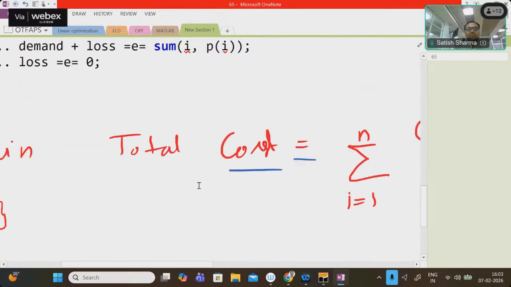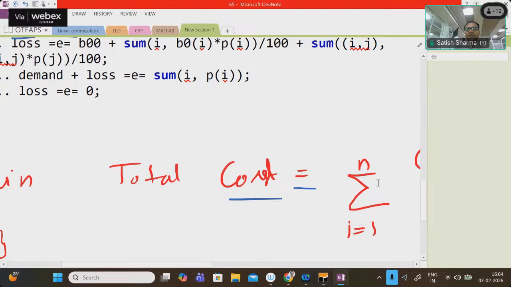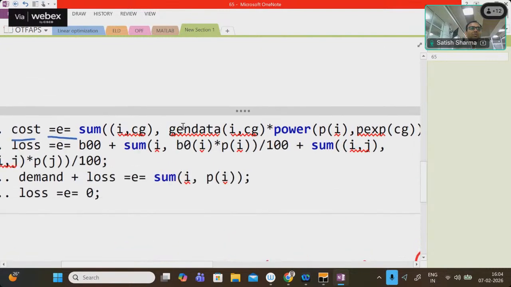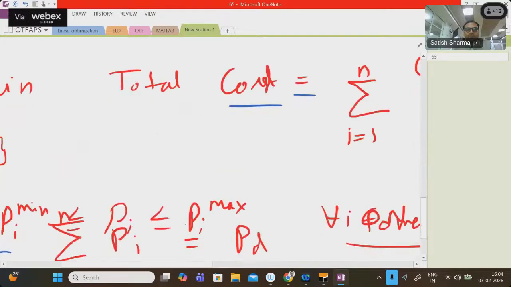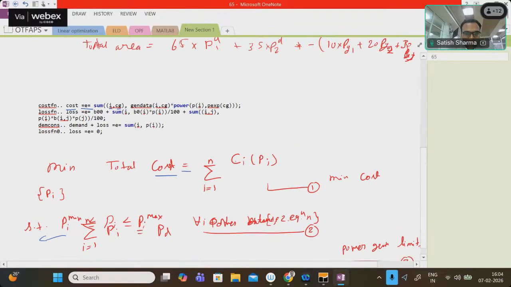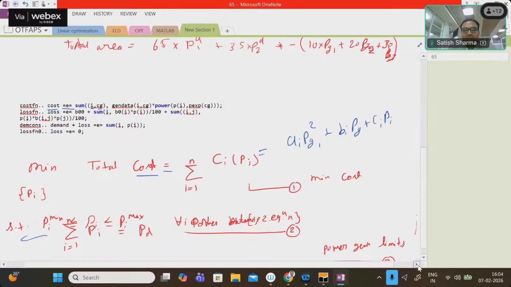Then we have a summation over n. So instead of over n, we are providing a summation over I and G. G is basically the coefficient power. Okay. So the same formulation: if CI PI is like AI PI square plus BI PI plus CI, what we are writing is basically the same term can be written down like this: